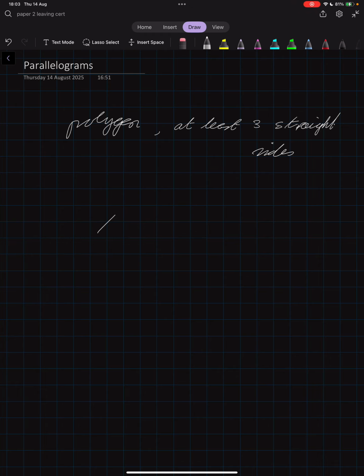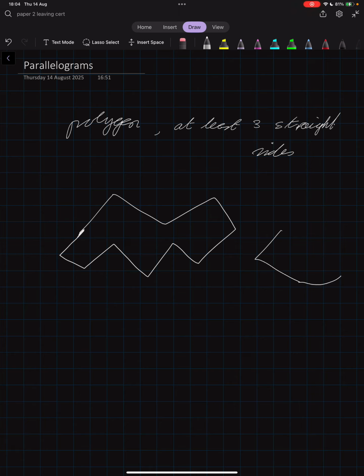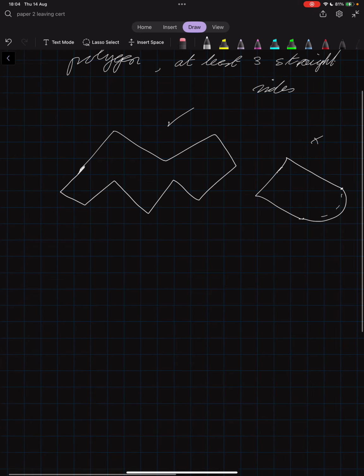So something like that would be a polygon. This, however, would not be, because one of the sides here is curved. So this would be a polygon, this isn't. The next thing I'm going to do is go over how you identify a square as a square,